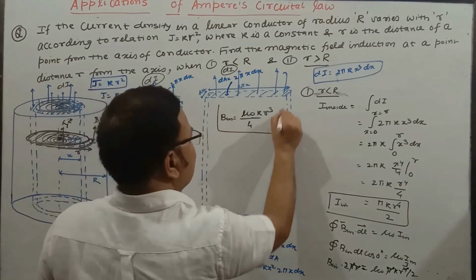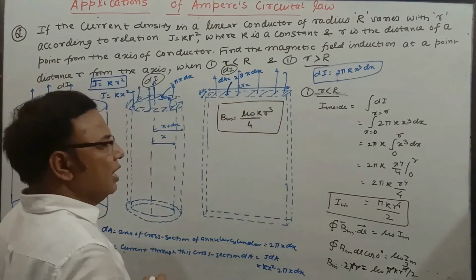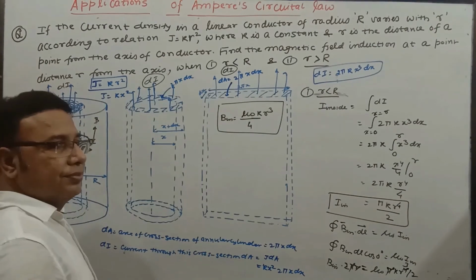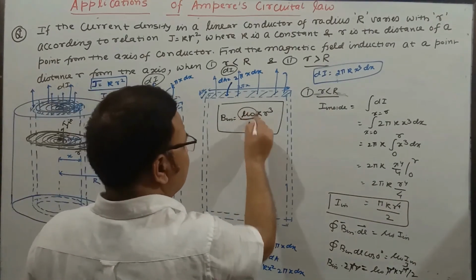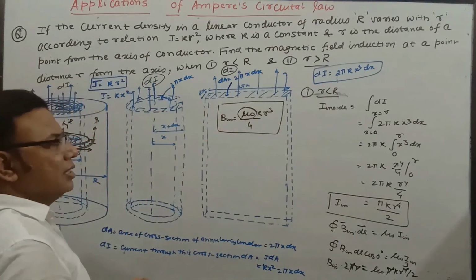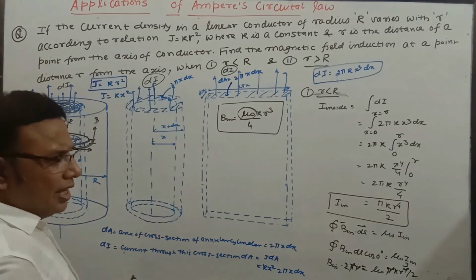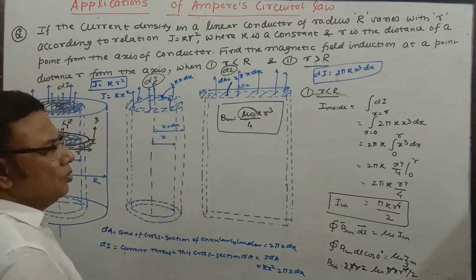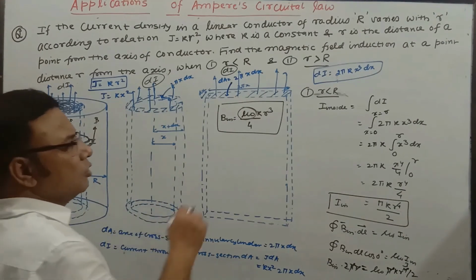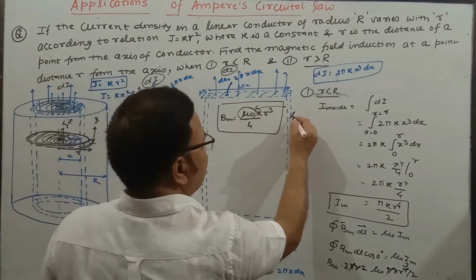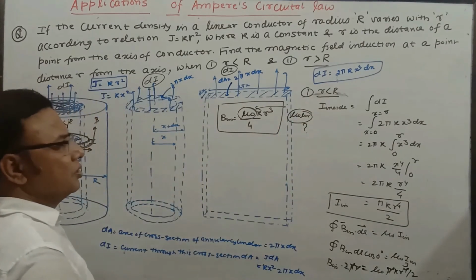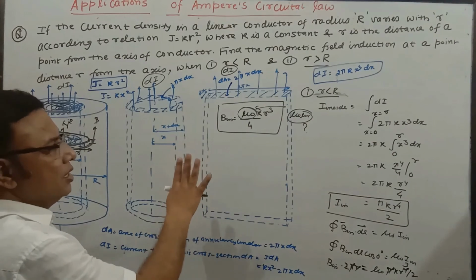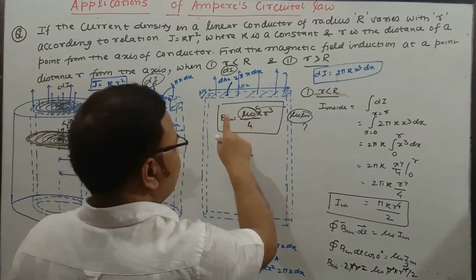So this is the value of the magnetic field. One thing I would like you to think over: can we introduce mu r here, or can we simply put mu naught? That is the question. You just think over it. After completion of magnetism, you will come to know whether it should be or not. Let's think over whether we should introduce mu naught into mu r, or simply put mu naught. So that is the inner part. The formula is there, only we have to think over what to do.